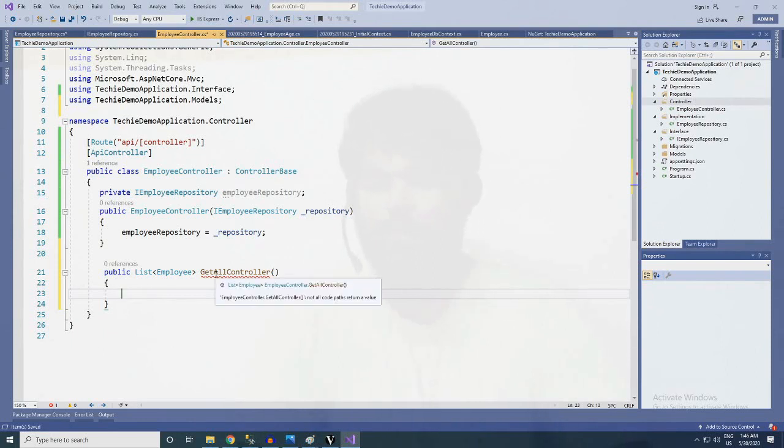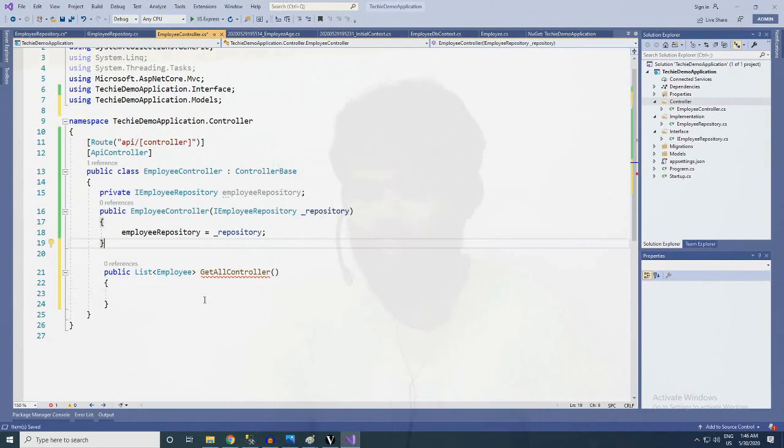So what get will do is it will not expect any input but gives you the output. And post will get some data.